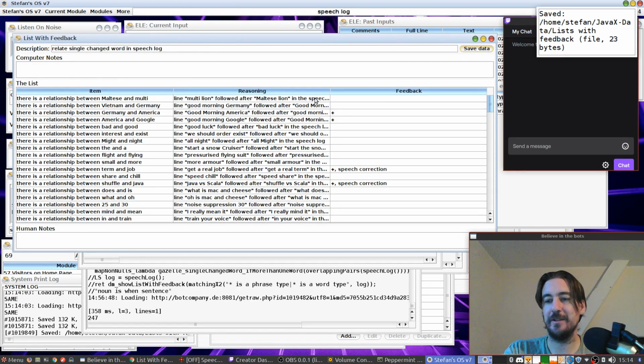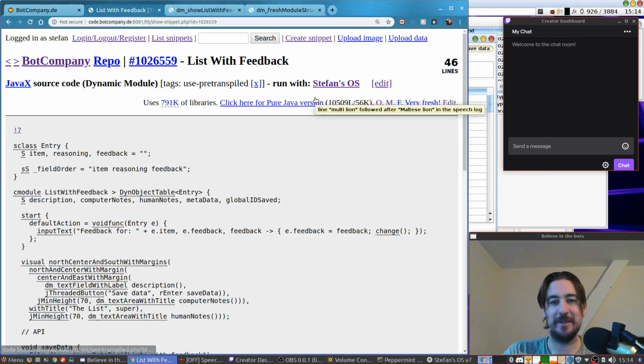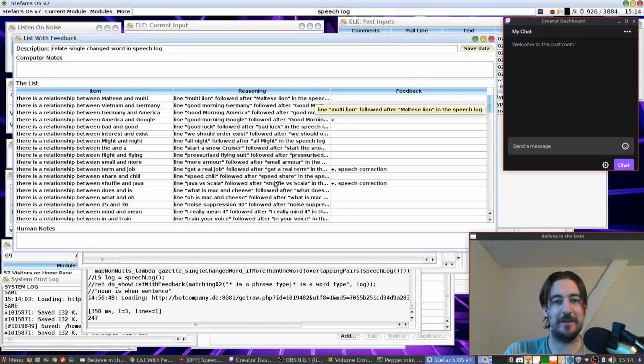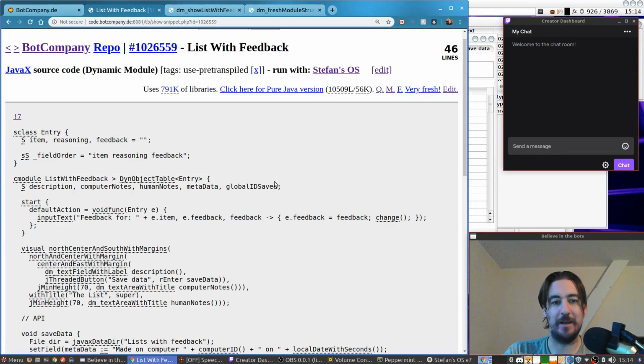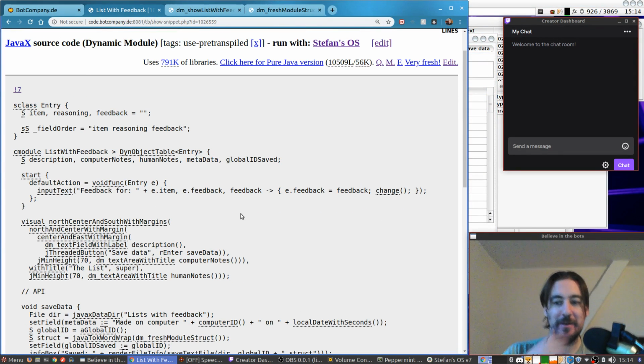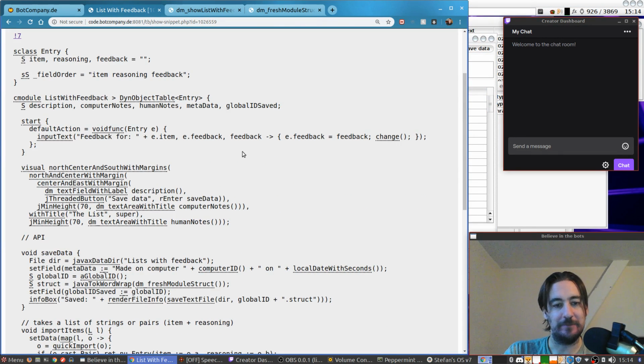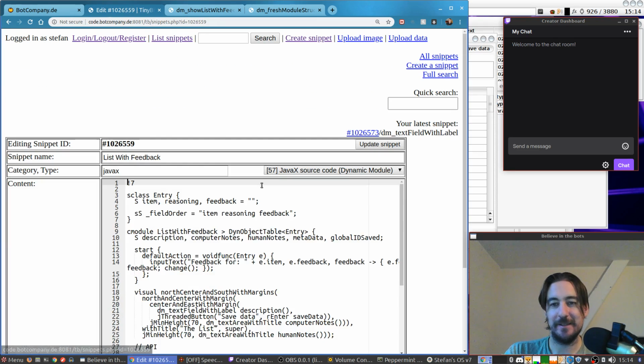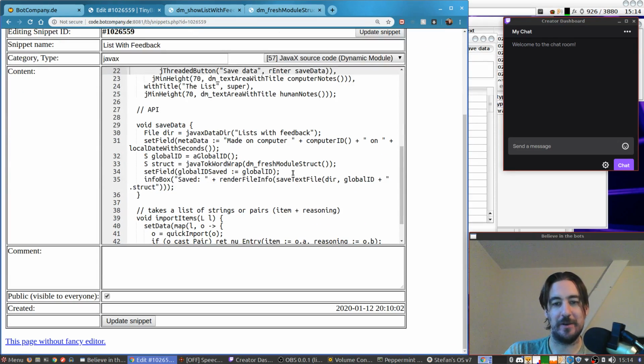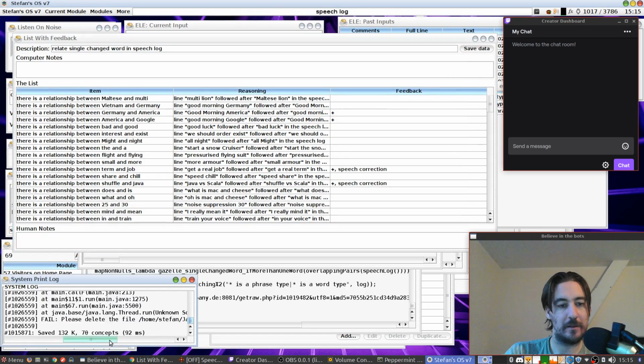Okay, we saved 23 bytes. Oh, that's maybe not 23 bytes. Yeah, I confused file name and contents. New file, structure, text file, and we can try again.